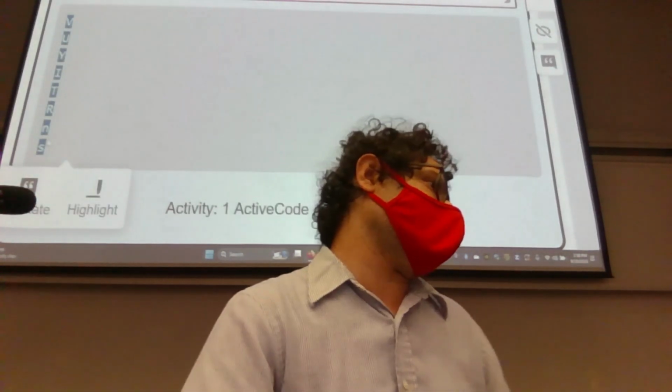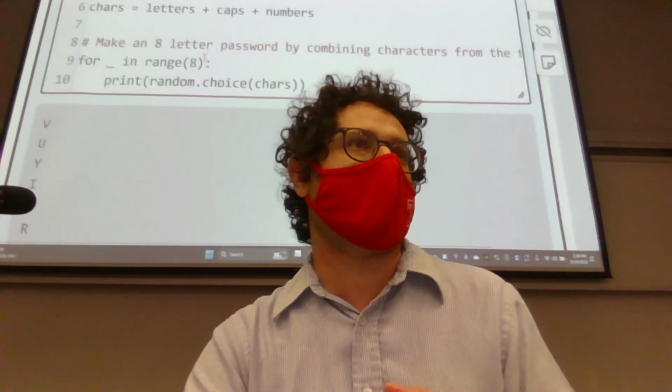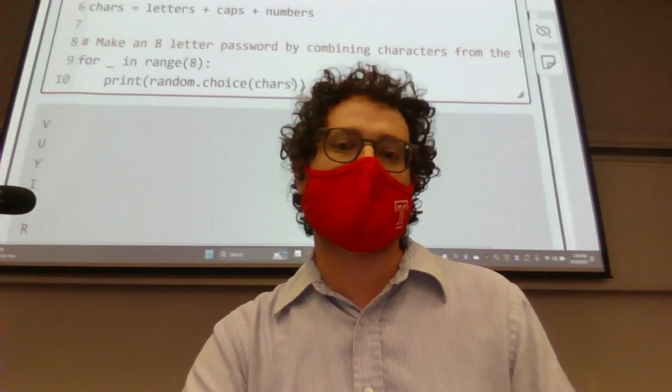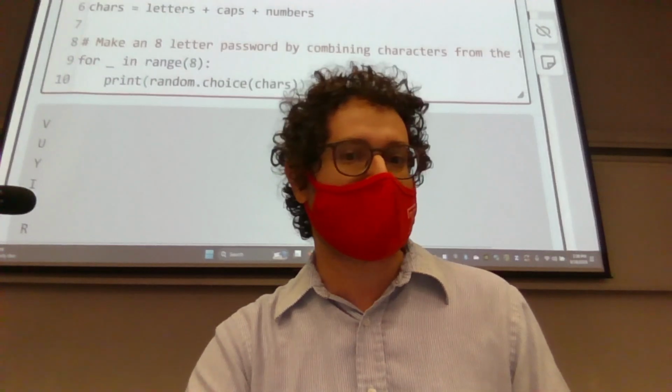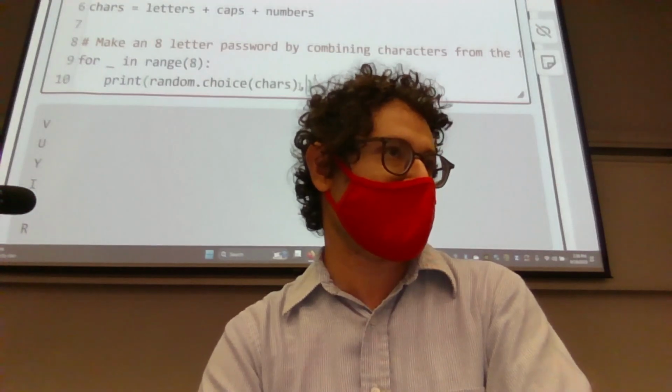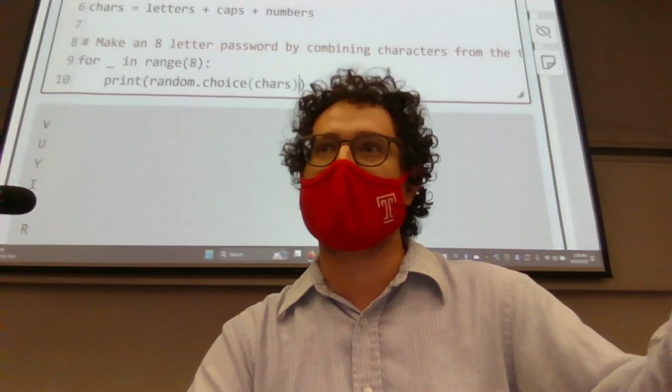Now the next question, of course, is how do we actually get it as one string? There's a couple different ways to do it. There's actually 2 legitimate ways. The first way is explained at the beginning of Lab 4 and 5 on the PDF, which is to modify the way print works. You can change the way print decides to end the character. By default, when you print something, you go on to another line. It ends with a new line character.